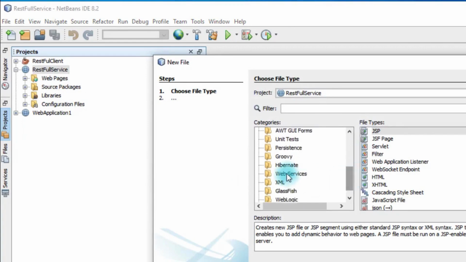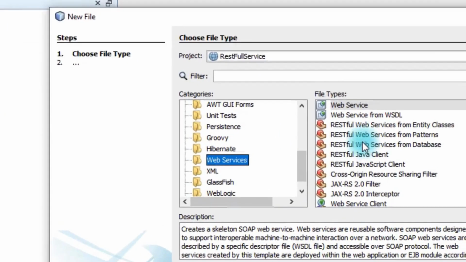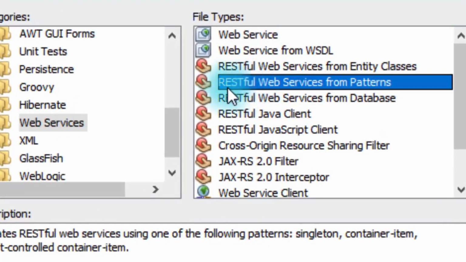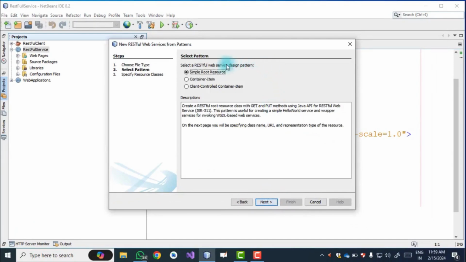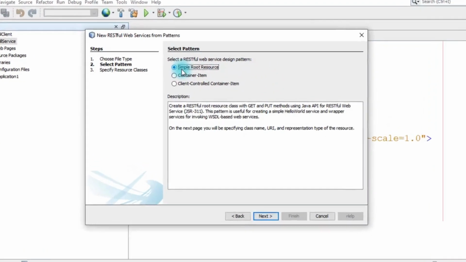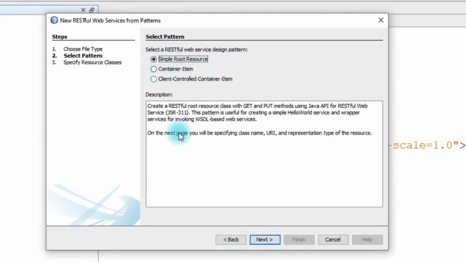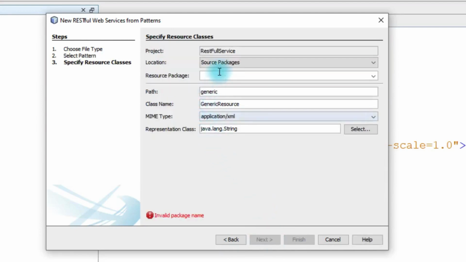In Other we have Web Services, and for RESTful service we select RESTful Web Services from Patterns. Just Next. Then the RESTful service is created in the root resource folder. So just select this option, which is the default option. Next.